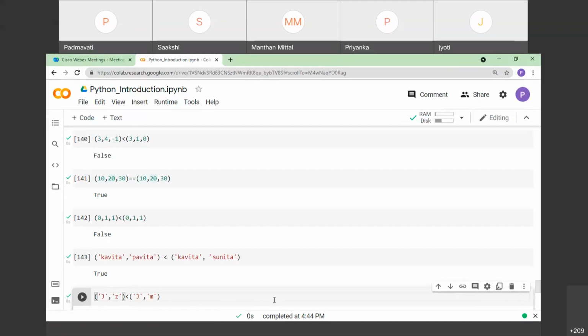Correct. So not only on strings; definitely we don't have any characters in Python. We do have them in a string only, but element-wise, if we have only one character inside the string, that can also be checked. This is just an illustration. So here our answer should be false, right? The first element of this tuple is the same as the first element of this tuple, but if I compare the second elements, both the elements are not of the same type. So it should generate the output as false.